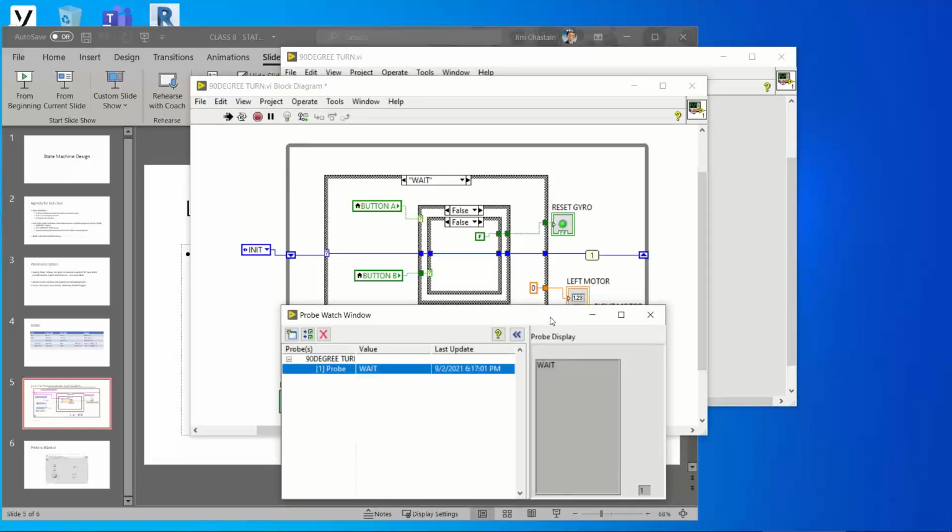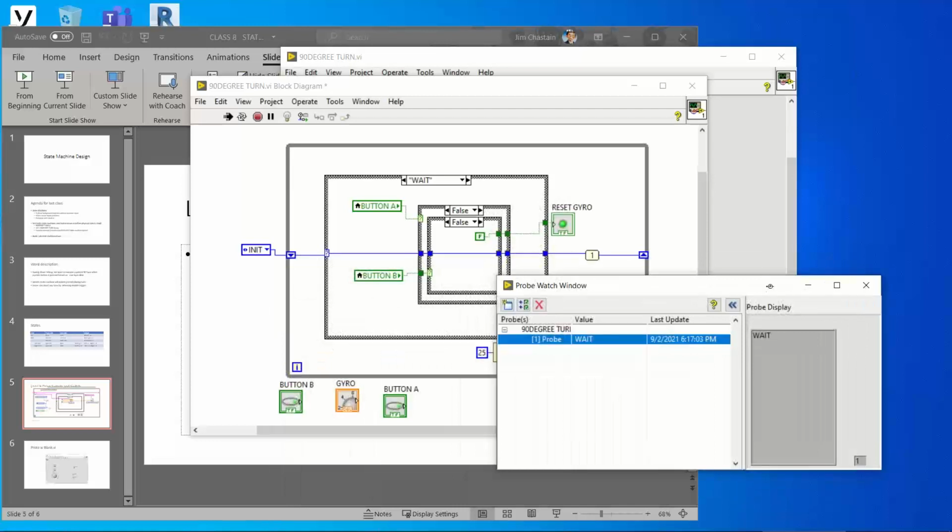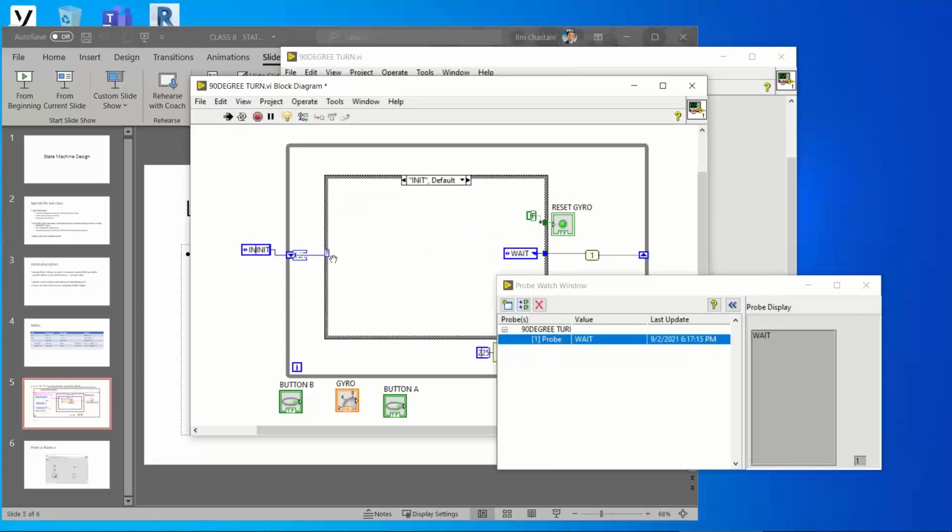Now I can see what state I'm in, right? I'm going to stop this and start it again, and you can see, maybe, you can't see it. Let's do this. So I'm going to put this in the execute mode, single step mode, effectively, highlight execution. I'm going to start it, and you'll see how each of these, so first of all, it starts off with